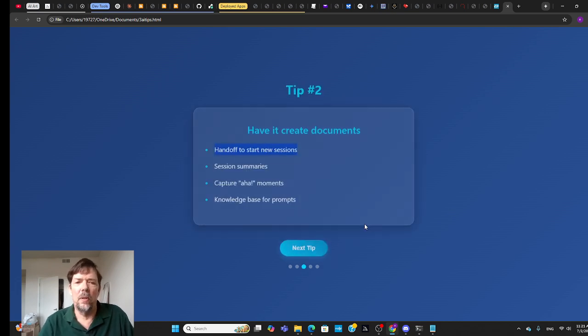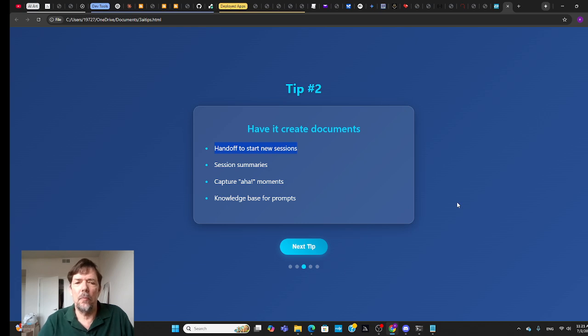Even though the context window for the AIs are quite large now, they become less effective as the context window gets larger and larger. And that's especially the case if you don't just deal with one thing. So if you're just dealing with one task and that's all you talk about in the whole session, then it tends to do pretty well at that. But even if you're dealing with one task, it's likely that you're going to go into different areas.